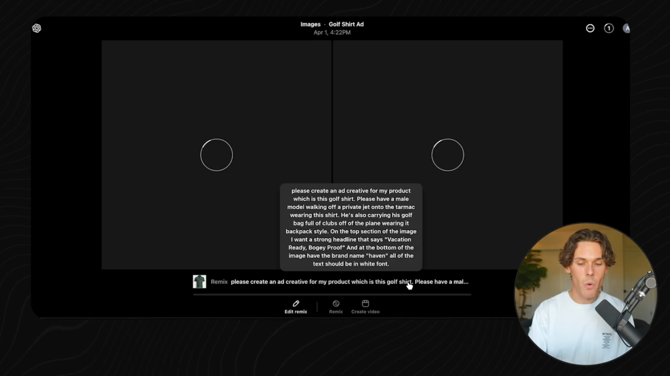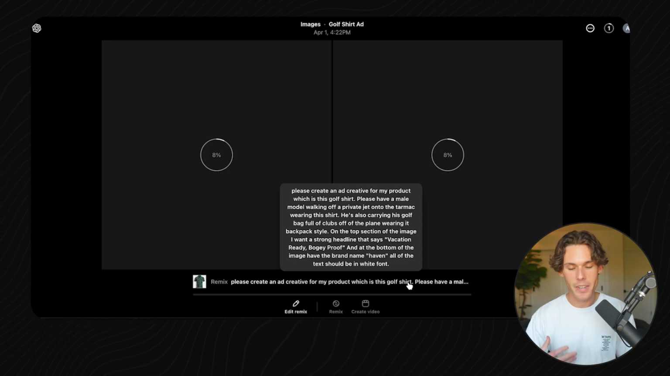Please have a male model walking off a private jet onto the tarmac wearing this shirt. He's also carrying his golf bag full of clubs off the plane, wearing it backpack style. On the top section of the image, I want a strong headline that says "Vacation ready, bogey proof." And at the bottom of the image, have the brand name Haven, and all the text should be in white